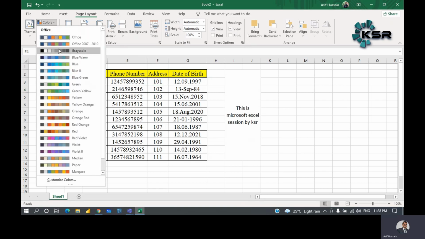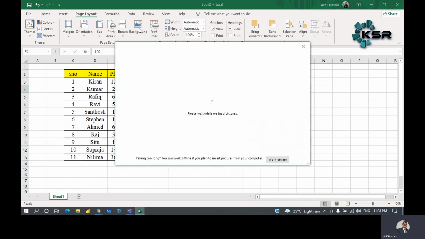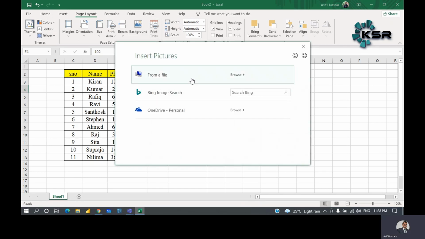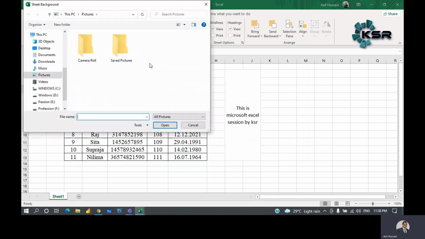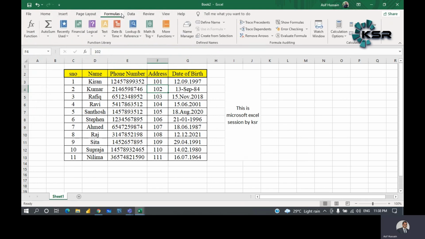See, you can change the colors of office also. So again here we have themes, and we have background color. For example, there are some pictures, we can browse something from your computer. You can change the background of this Excel. So there are various things that are there. We have formulas. As I told you, MS Excel, we can do multiple calculations.